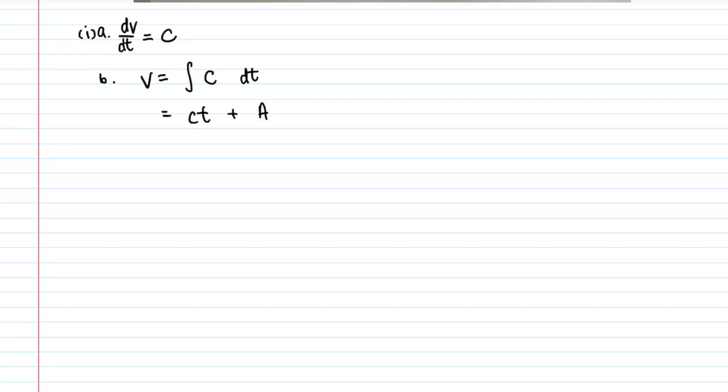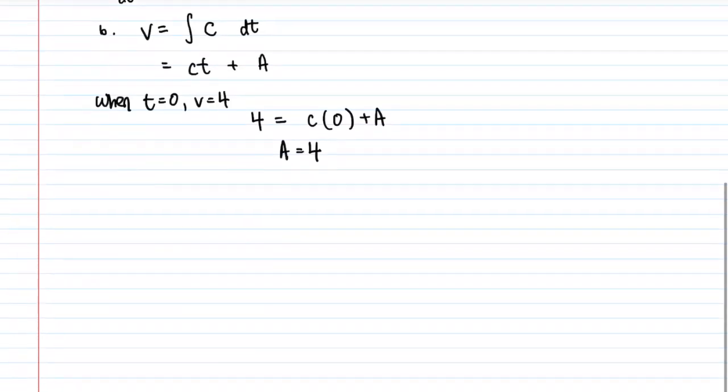Firstly, they ask you initially. So initially would be when t equals 0. So when t equals 0, your velocity equals 4. So 4 equals c times 0 plus a. So you can find a is equal to 4. Easy. Then after that they say when t